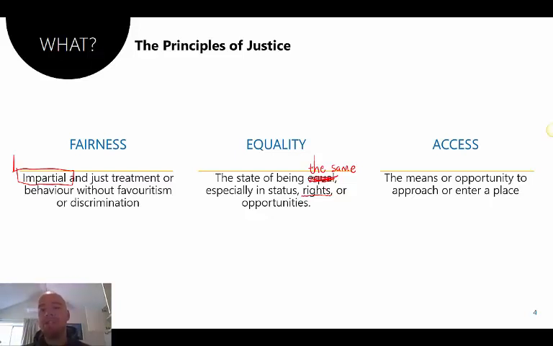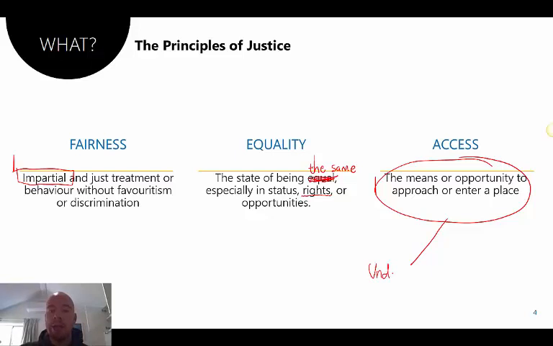Finally, the direct definition of access is the means or opportunity to approach or enter a place. So a really literal definition. What this means in our criminal justice system is twofold. You need to have, I suppose we'll call it, the understanding. So that's access in a mental sense. You need to be able to go into a criminal trial, a criminal courtroom, and you need to be able to understand what's going on. Obviously, something that helps with access there is having a legal professional with you who can explain those things to you. But there's also the physical